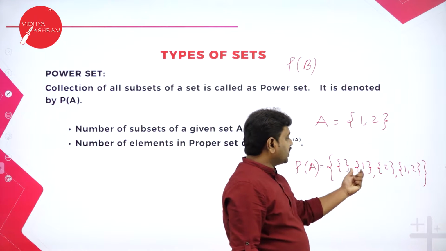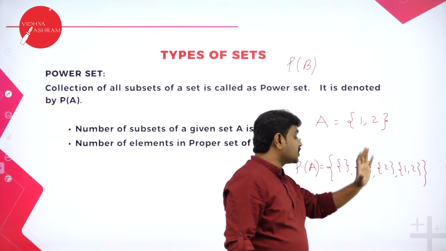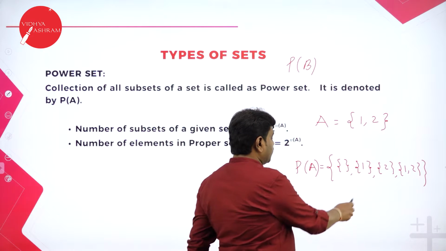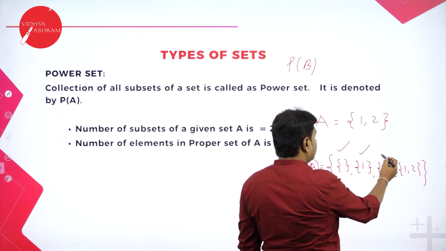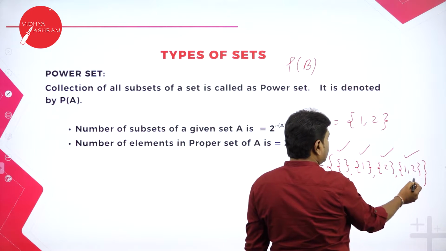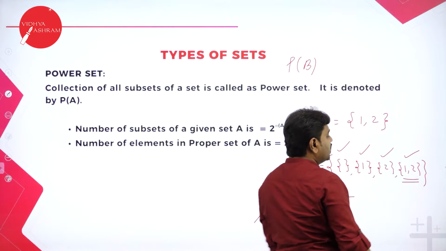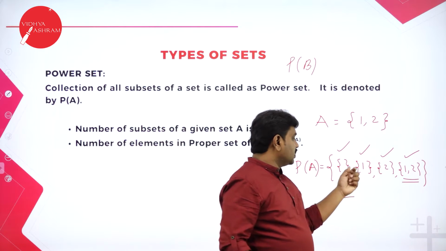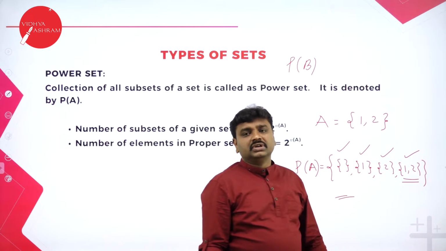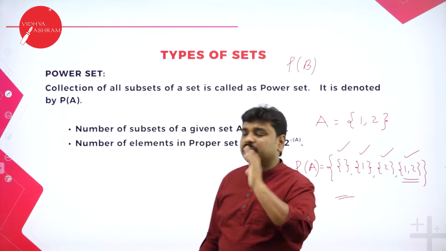Now each subset I write as an element. The collection of all the subsets is the power set. So now this is the power set of A. One is the null set, one is the element with 1, one is the element with 2, one is the element with 1 and 2. This is itself, and itself is called an improper subset. 1, 2 is an improper subset. The null set is also one of the subsets, and the singletons 1 and 2. So the set containing all the subsets is the power set.